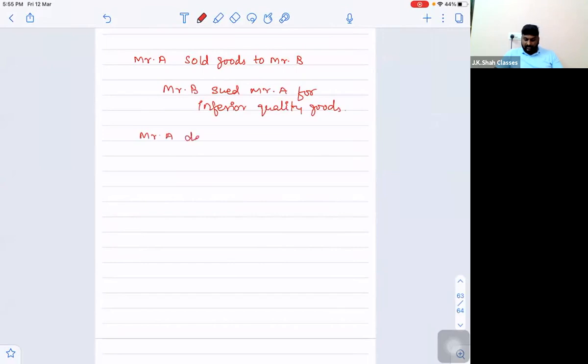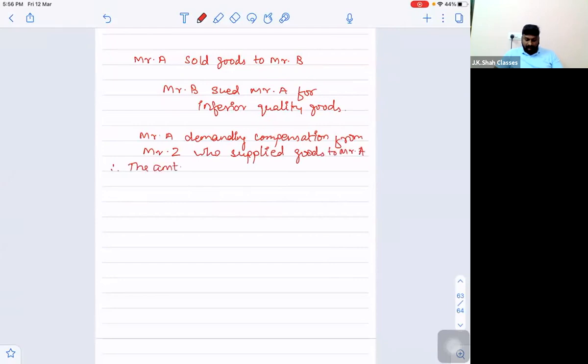Mr. A is demanding compensation from Mr. Z, who supplied goods to Mr. A. Correct? Therefore, the amount receivable from Mr. Z is also a contingent